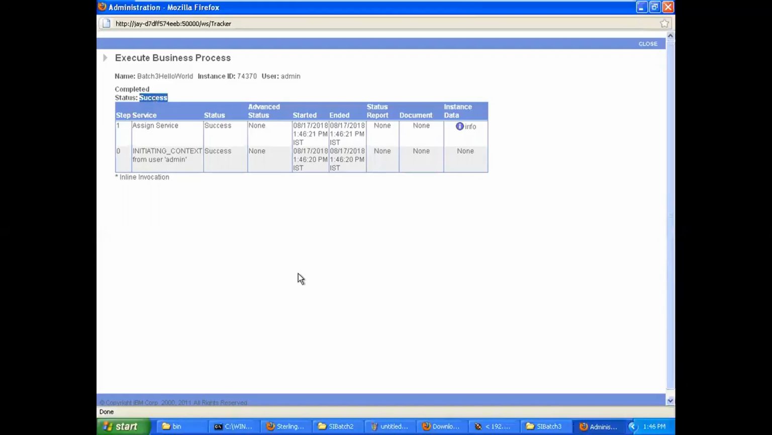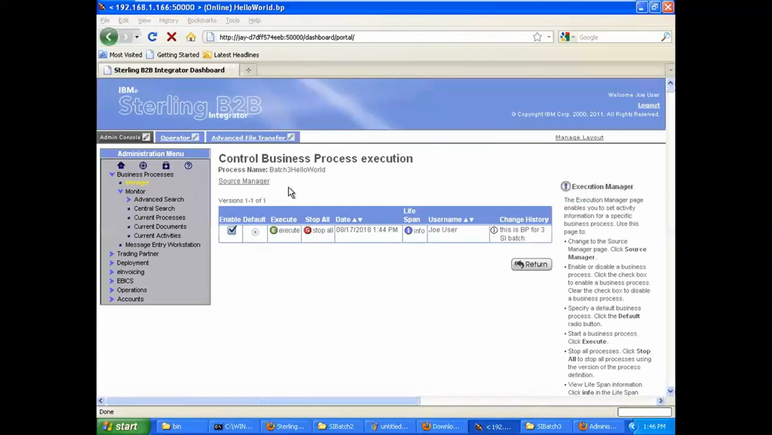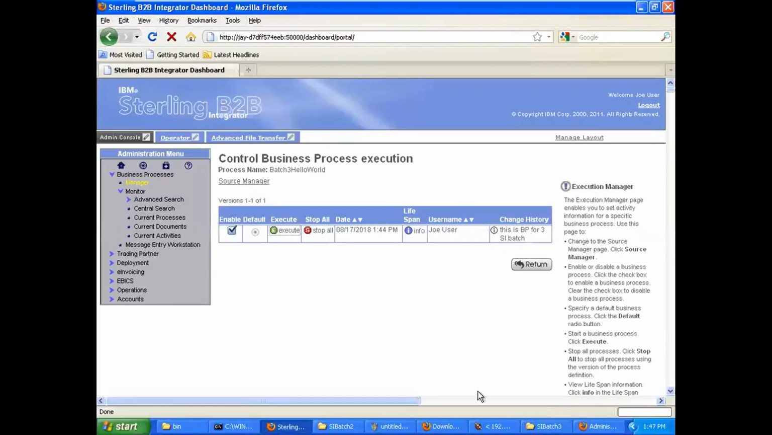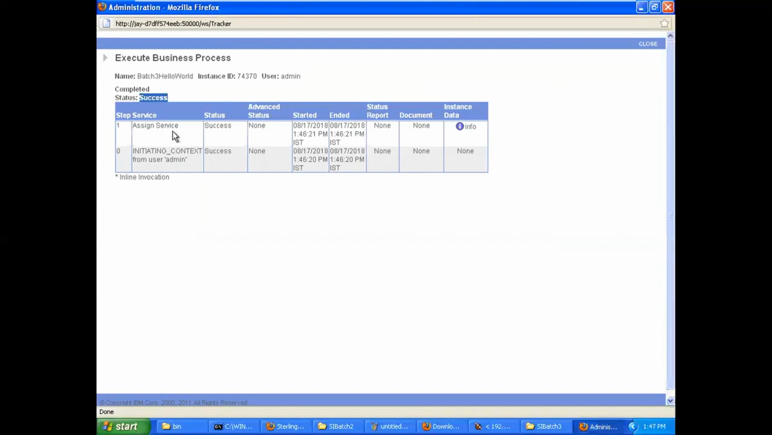If you see in your BP, right, we have only Start, Sequence Start, and then an Assign statement. Actually, there was only one Assign statement, right? These are the basic building blocks, right? So these do not show up, right? There was one step, which is Assign, that you can see here. Where is my BP? Yeah, here it is. Assign step, right? In your Assign step, what you did,